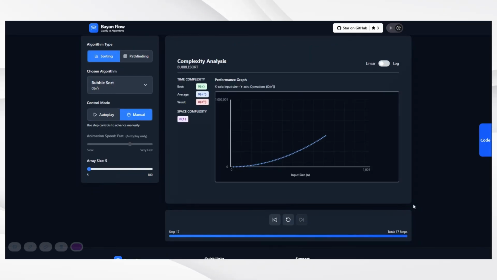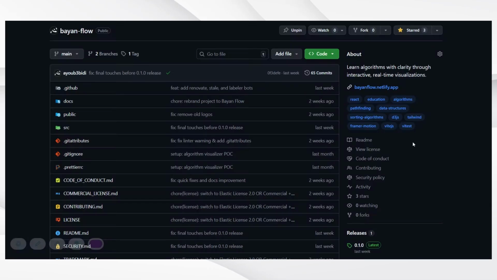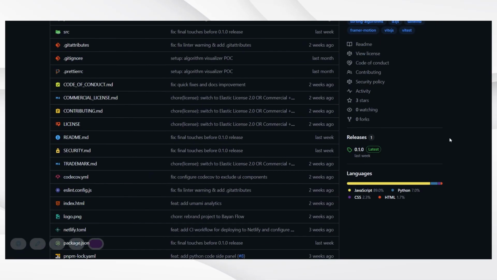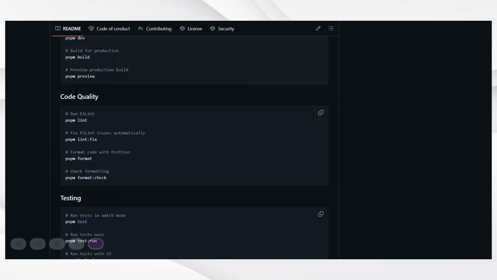You'll get live complexity insights, runnable Python examples, and a clean, fluid UI that keeps the focus on learning. Bayan Flow 0.1.0 is live, free for learners, developers, and anyone curious about how